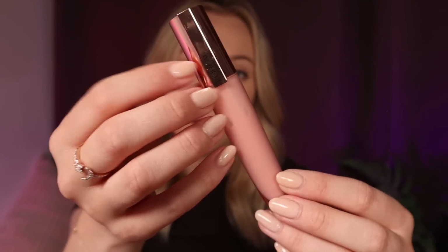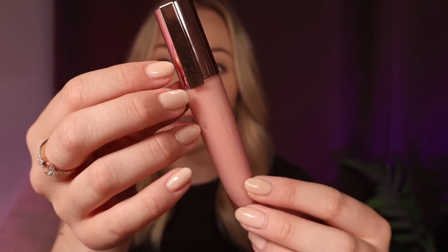I get asked a lot in my videos what lip products I normally use, and it's almost always just a gloss. I rarely use any sort of lipsticks or anything too dry, and what I've been liking lately is this one by L'Oreal. It has a plumping, tingly feeling, which I like, kind of minty. It's a nice, light, almost clear color when you put it on. And I like the applicator too. It's angled a little bit, so